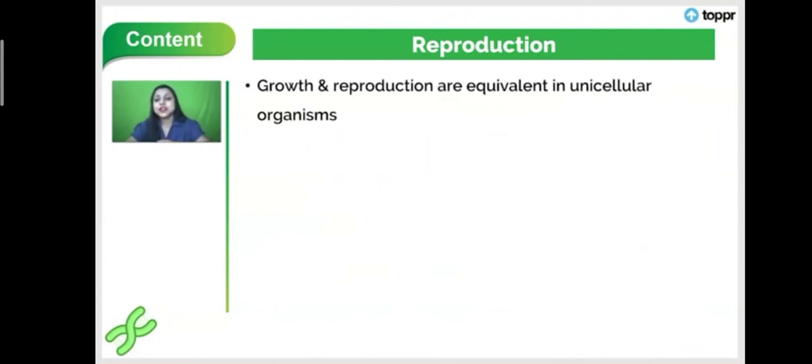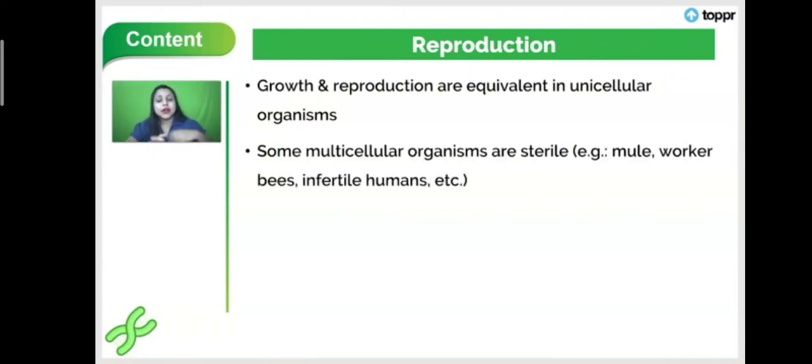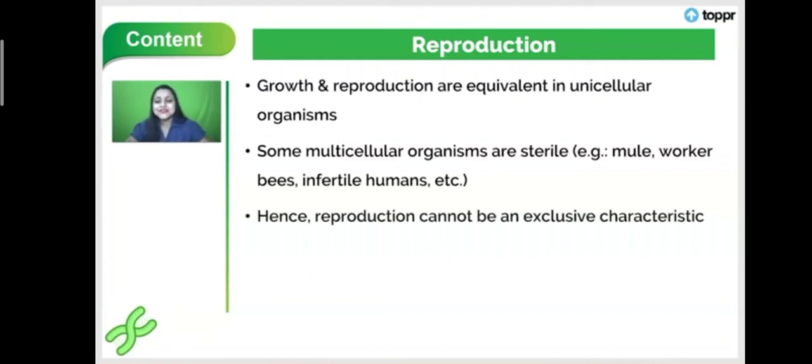Now, as I already mentioned earlier, in unicellular organisms, growth and reproduction are equivalent events or they are similar things. Also in some multicellular organisms, the organisms may be sterile. For example, if we talk of mule, worker bees, infertile human, etc., these cannot reproduce and hence we cannot call reproduction as an exclusive